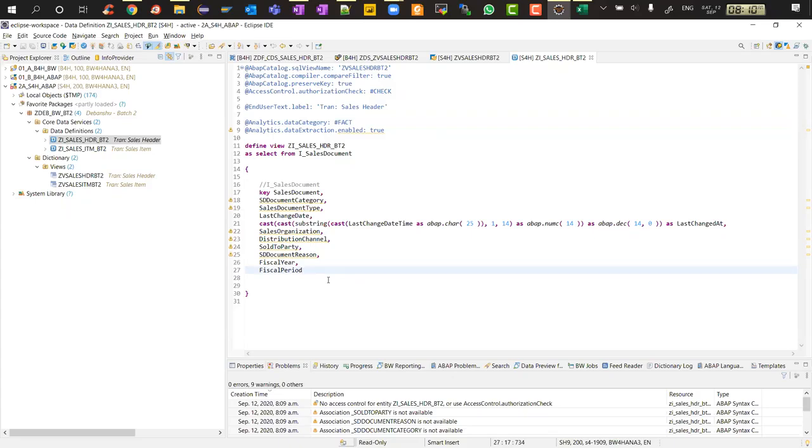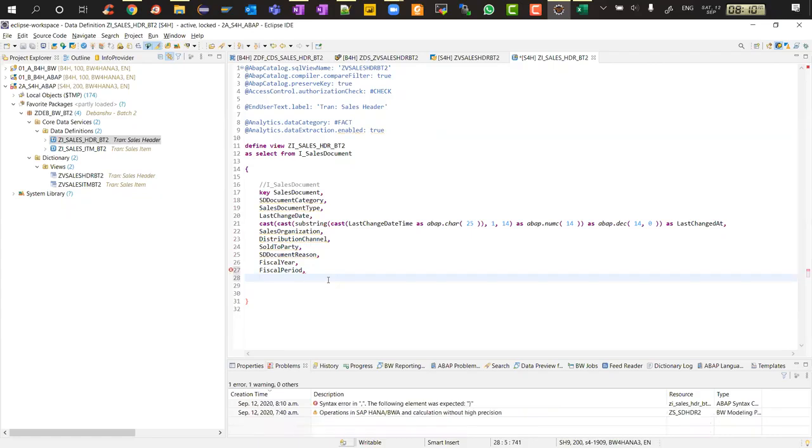Either you can add it right here after this field. Maybe you can type and add more fields, right? That is one way. And since this is our ZCDS view, we can easily do that. We can add fields, but in BW side, of course, you have to do a full load again to make sure that you have the historical data, or you can do an initialization again. So both are possible, either a full load or an initialization to get the historical data for the new fields,